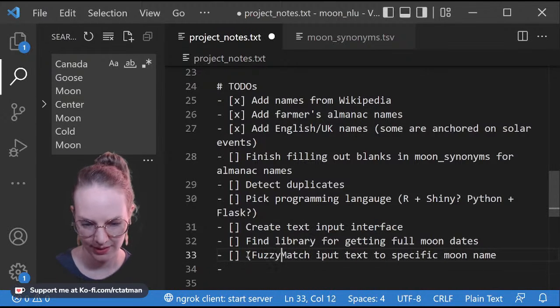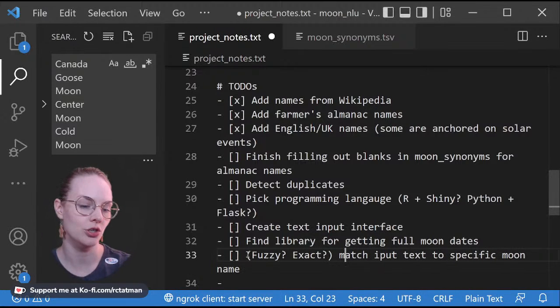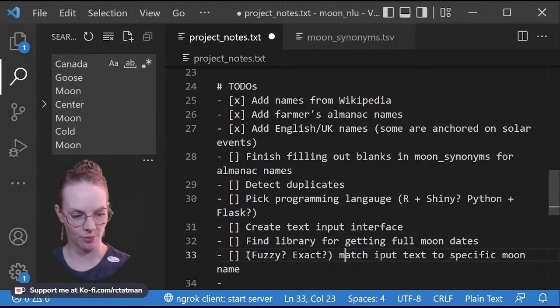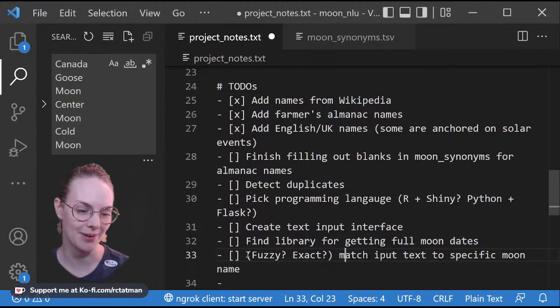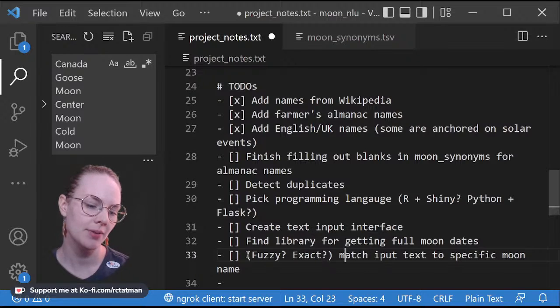Fuzzy? Exact? We could do either of those. I mentioned that I use Todoist for a lot of my to-do list making, and they have a pretty forgiving interface, but it does do exact matching on substrings. A lot of the time-based stuff tends to be done with rules under the hood, like Duckling, which is a library for time and date extraction. And NLU specifically, where someone writes a time and you pick out the time.